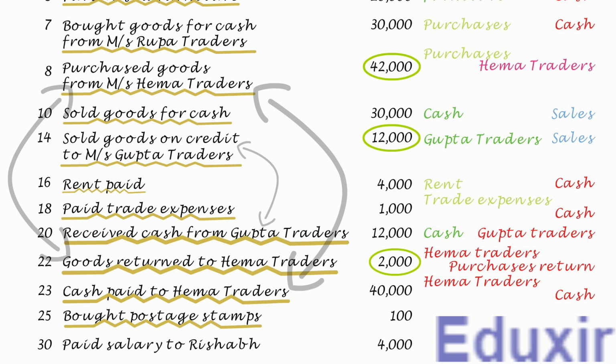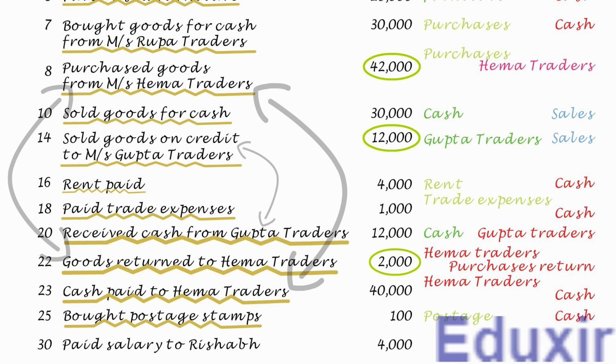The rule to record any expense incurred is to debit the corresponding expenses account. In this case, the postage account should be debited. At the same time, as the payment of the postage stamp is done in cash, the cash asset available with the business will be decreasing. The rule to record any decrease in the asset is to credit the corresponding assets account. In this case, the cash account should be credited.